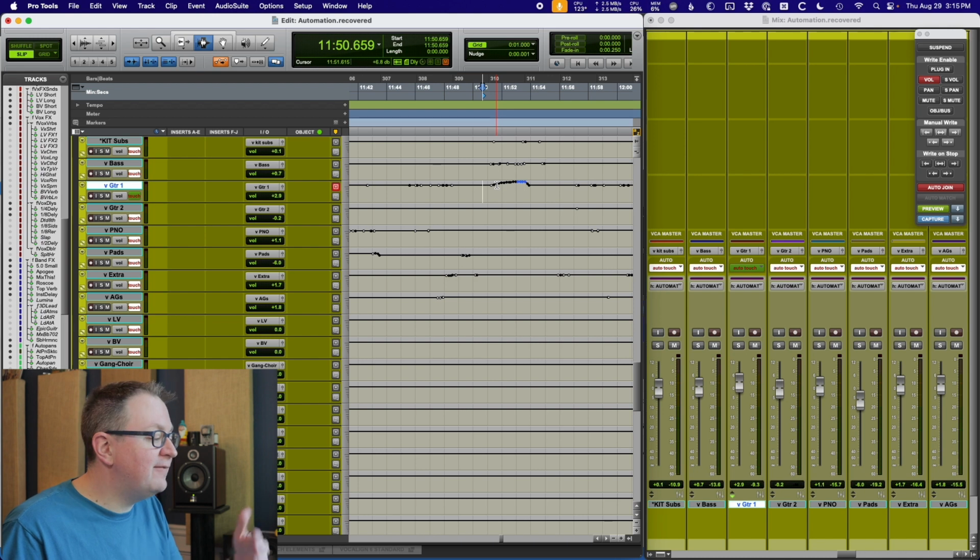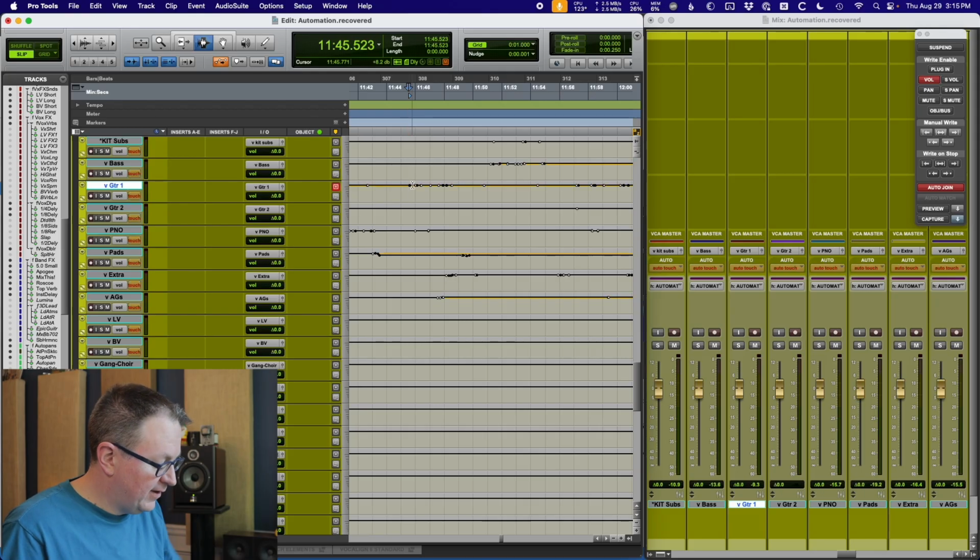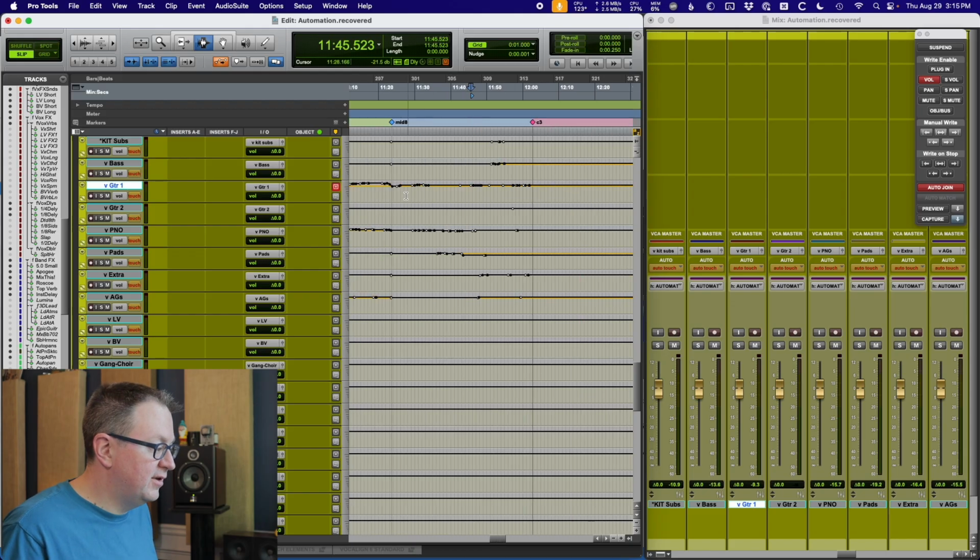I'm in preview now, and even though I'm in touch mode, it will still kind of latch the stuff. And if I want to wipe that, there we go. All is forgiven. So if I go back into touch mode,